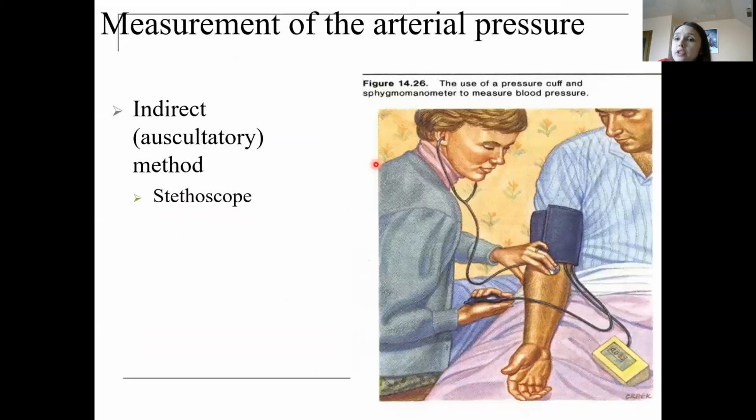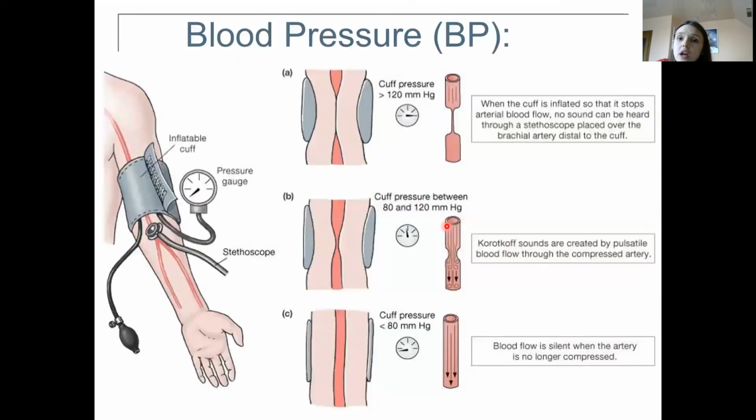How could we measure arterial pressure? Mainly nowadays we use the indirect auscultation method, or Korotkoff method. We use such specific devices as a stethoscope and a sphygmomanometer. This picture presents how the doctor measures pressure in the patient. What happens during this situation? When you put a cuff on the